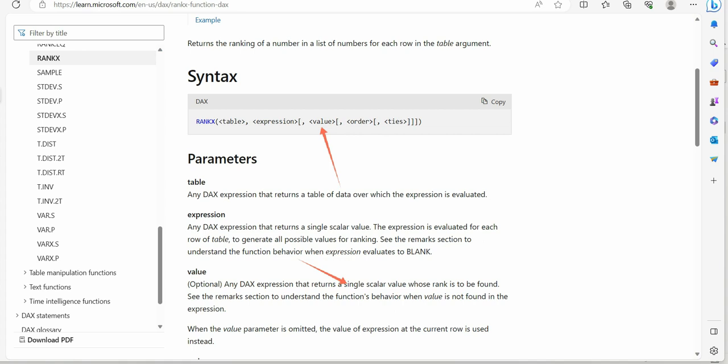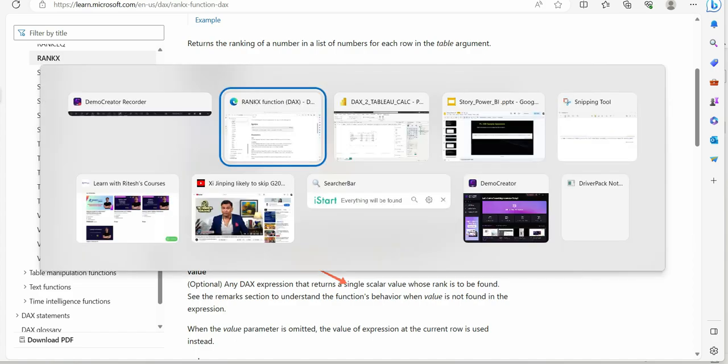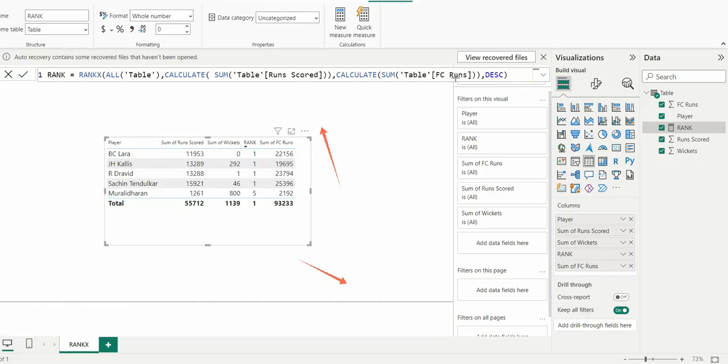So whose rank is to be found? That means we are inserting a new measure, in this case, first class runs. And now I want my ranking based on sum of first class runs, not overall runs scored at the international level. So will there be any change? What it will do is rank according to the value that you have in the value parameter. So yes, think of it this way. You have sum of first class runs, and now you are trying to pull this number to the original column, that is sum of runs scored, and then see that assume that you have